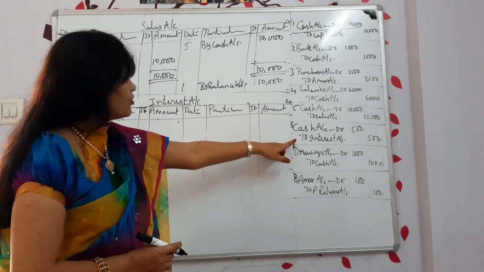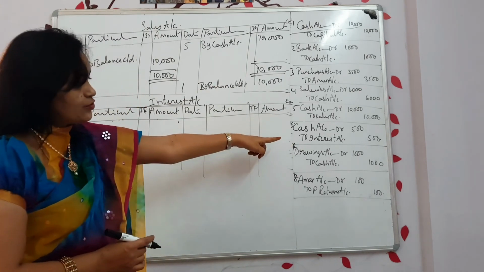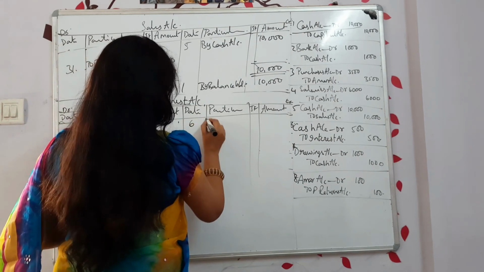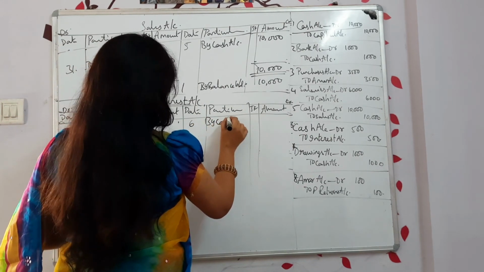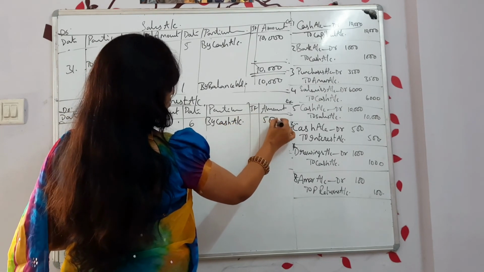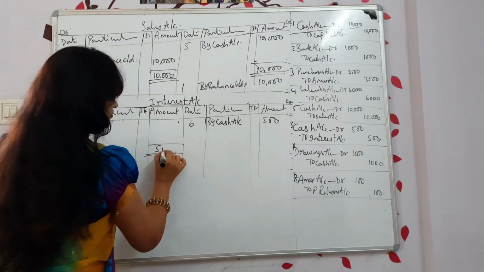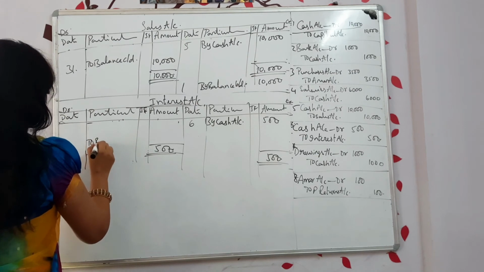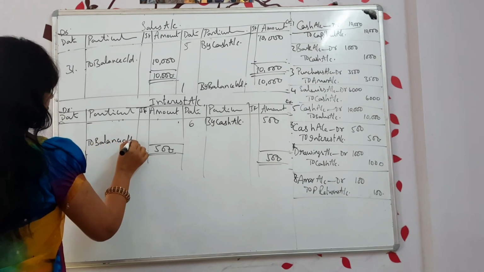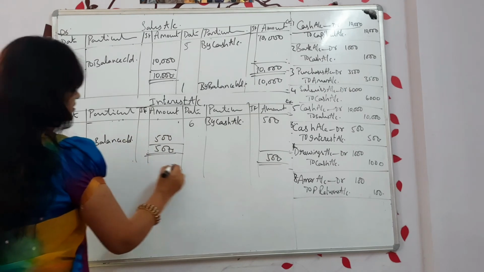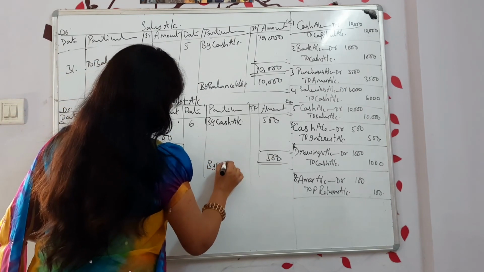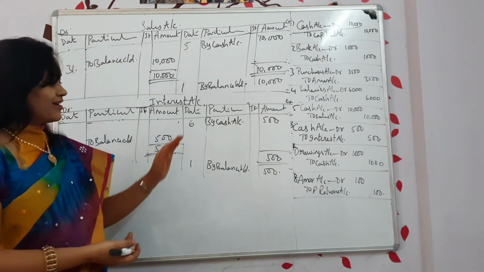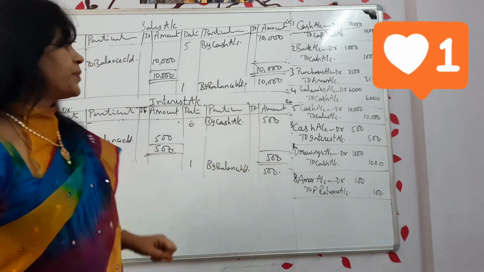Okay. Now, interest account we are preparing. Sales is done already. Interest, which side can you see the word interest? Credit side. So now write down credit side, by 6th, by cash account. What is the amount? 500. So now again total 500. 500. So write down to balance carry down 500 on 31st, again on 1st, by balance brought down 500. Clear? Now next, drawings you have. Let us prepare drawings account.